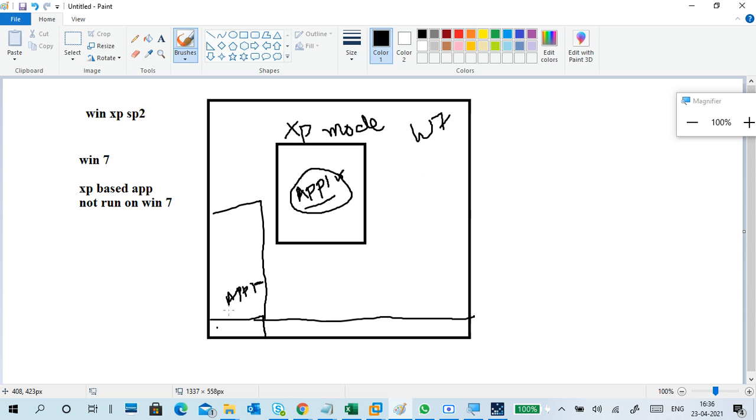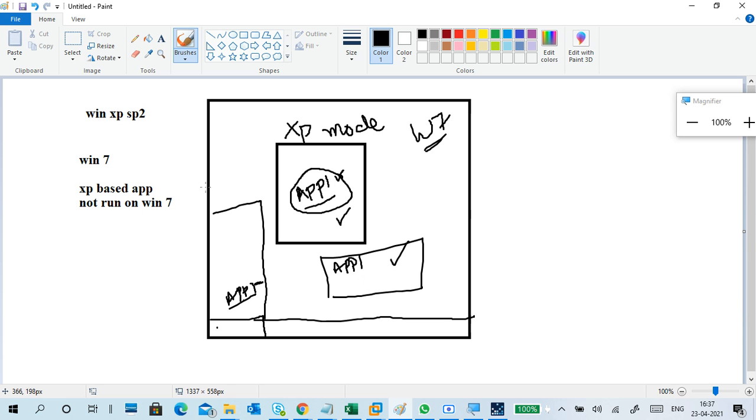If you click on this one, you can open the application. We are viewing the application and working with it using Windows 7 only. Understand? It is viewed from Windows 7, but actually it runs in this virtual machine, and you are able to view it.